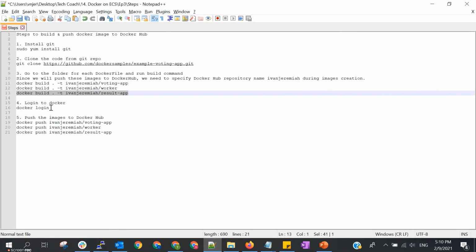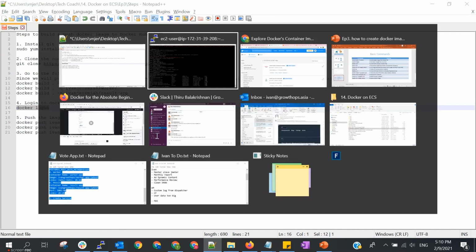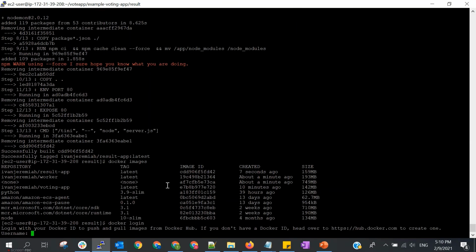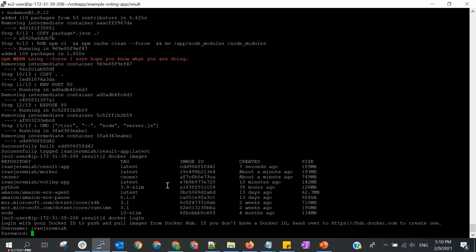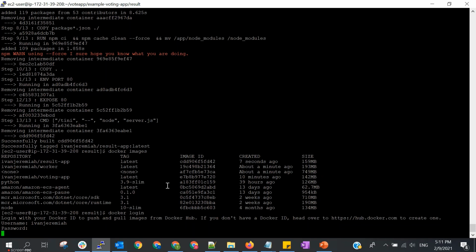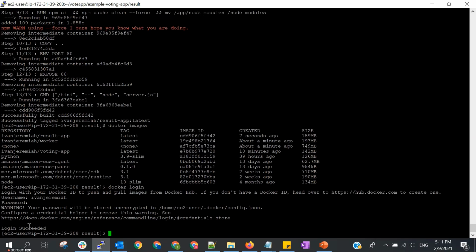First, we need to log in to Docker using this command, docker login, and it is asking for our username. This is my username and the password. Okay, now login succeed.